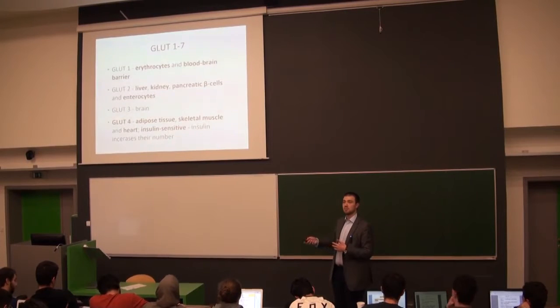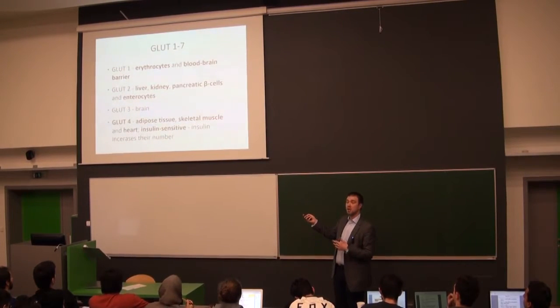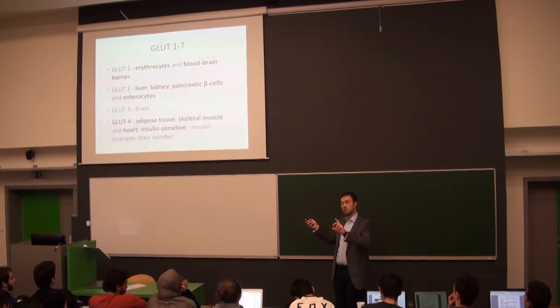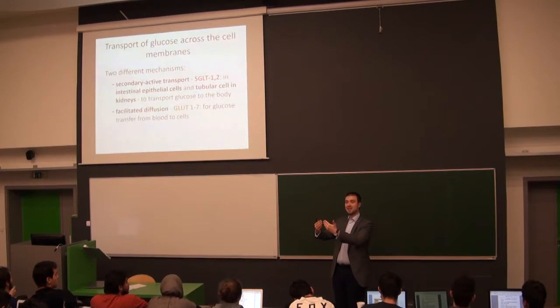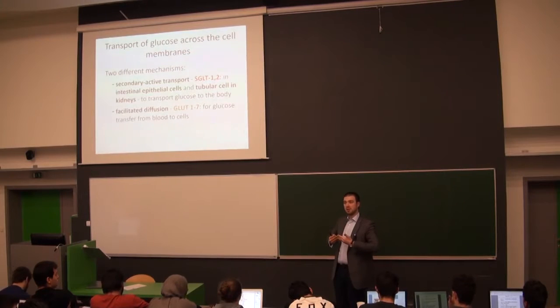Which ones are on the apical surface? This and this typically you can say. Sorry, if you mean the apical surface, you have this type of transporter, and this is at the basolateral. Yes? Since first you must absorb, if you have the glucose from pasta in your GI tract, you must absorb it into the cell, and then you must release it into the bloodstream. So first is SGLT, and then you have GLUT2.